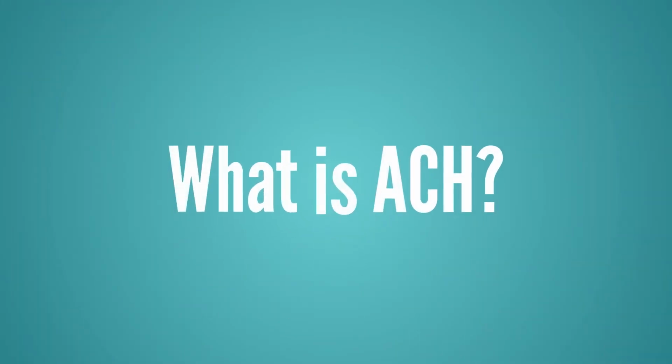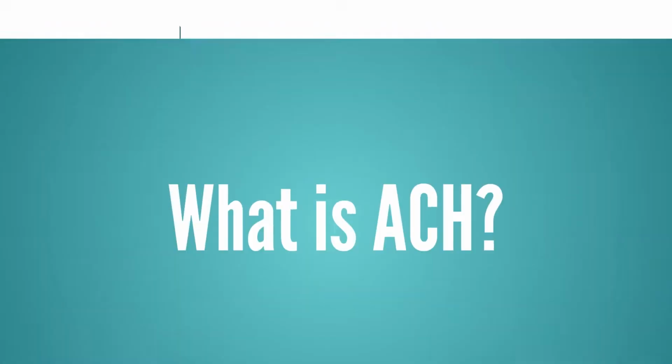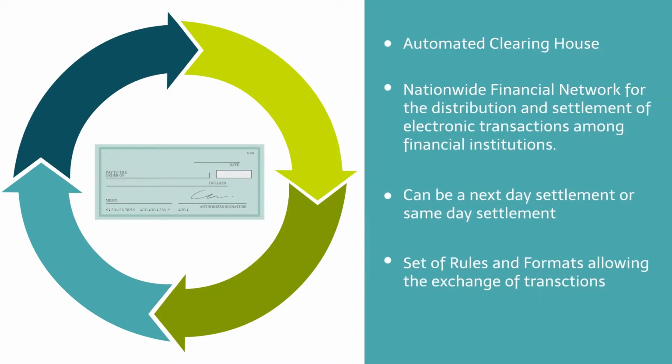This brings us to the question, what is ACH? ACH is an acronym for Automated Clearinghouse. In a nutshell, it's a nationwide financial network for the distribution and settlement of electronic transactions among financial institutions. The transaction can be a next-day settlement or same-day settlement, and there is a set of rules and formats allowing